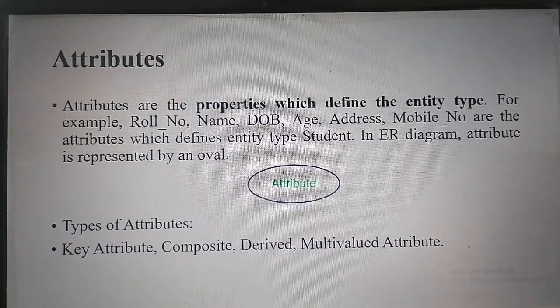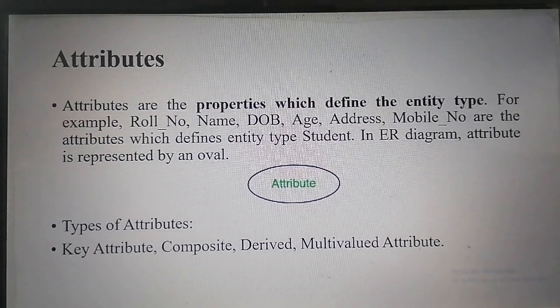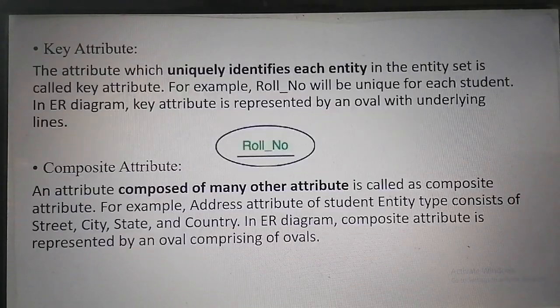There are four types of attributes: key attribute, composite, derived and the multi-valued attribute. Key attributes are those by the help of which we can identify every entity uniquely. As you can see here, the roll number is a key attribute by which we can identify each entity uniquely.